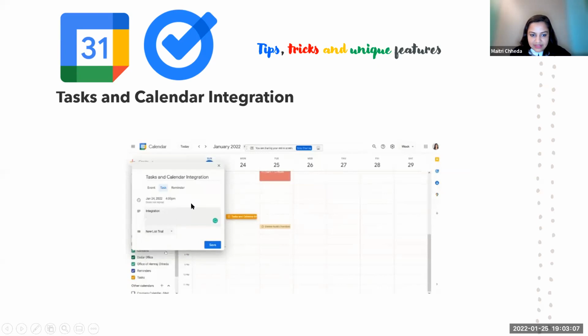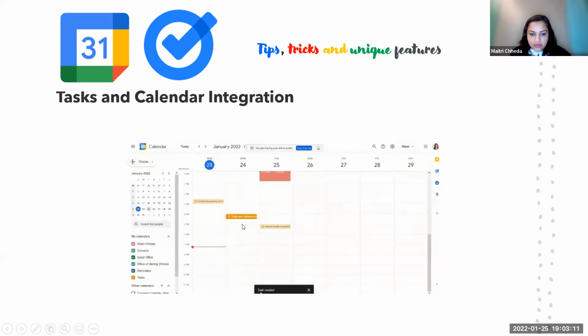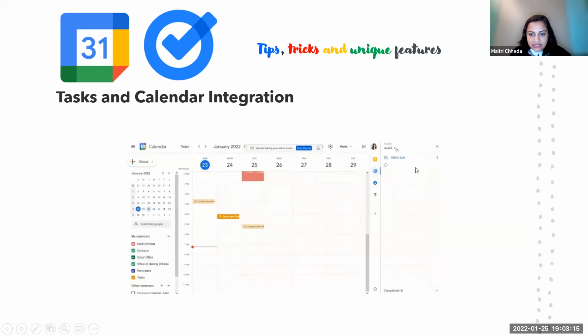I will add details over here, and I'll just create a task. Now this task I have created here, and if I look at the task over here, it will appear. I have created it in a specific list. So it's quick integration. I created it here, and it's appearing in the task over here.